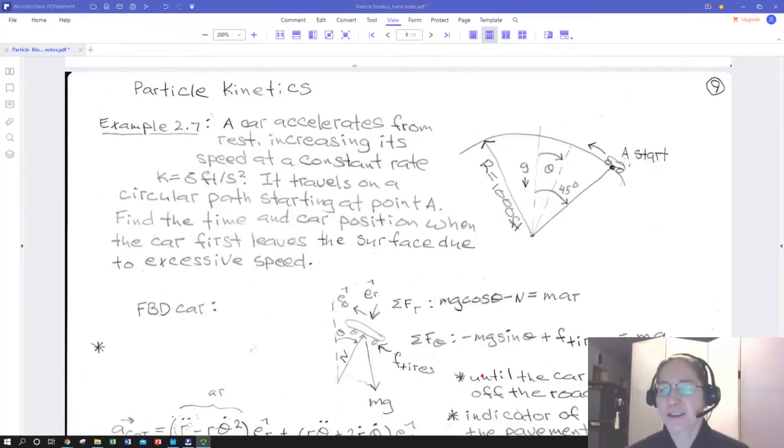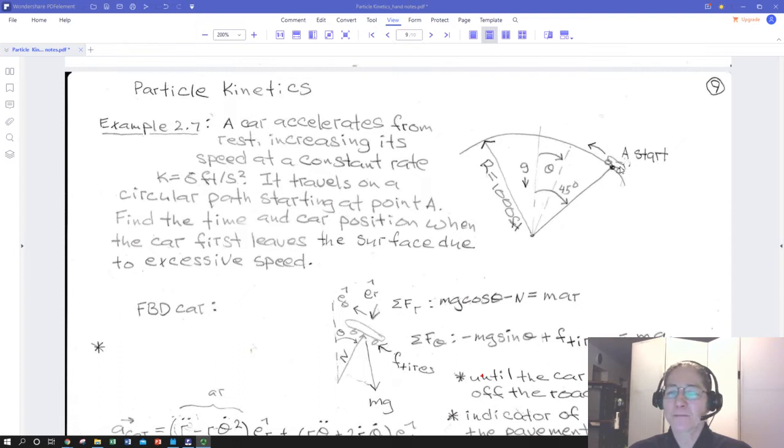Welcome, dynamics students. This is the second of two curvilinear examples of particle kinematics. And we are going to again deploy Euler's first law to treat a body as a single point at its center of mass for the purpose of translational motion. So in this case, we have, again, our body treated as a particle at center of mass,